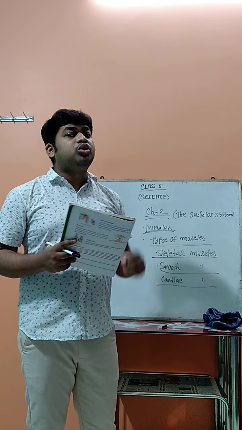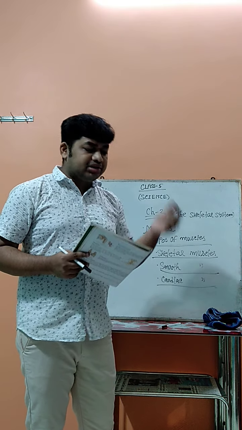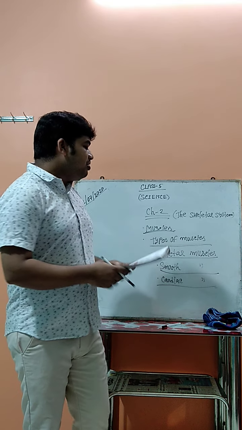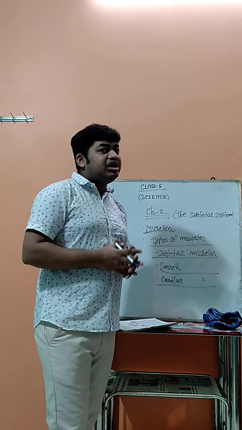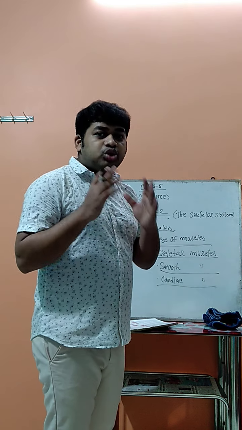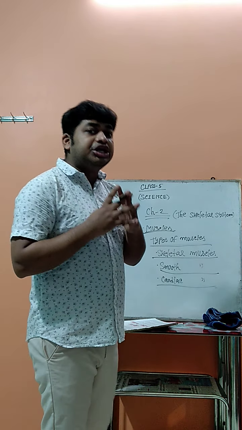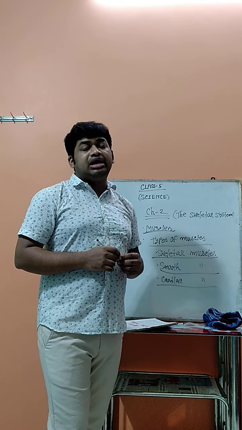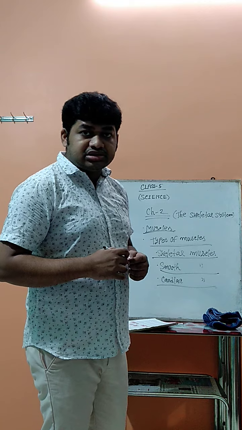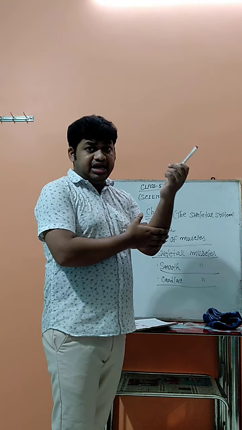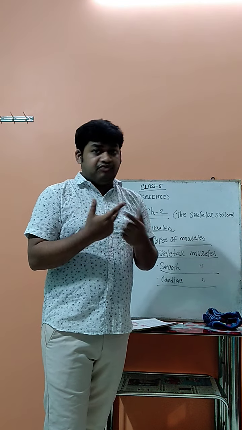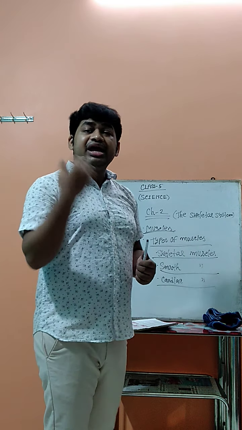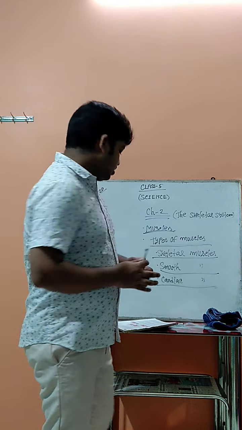These muscles are known as skeletal muscles or voluntary muscles also. So if the question comes, what are voluntary muscles, what do you write? Those muscles we can control by ourselves. This type of muscle is known as voluntary muscles. Like our hands, our legs, our fingers, according to our instruction they can be moved anytime.